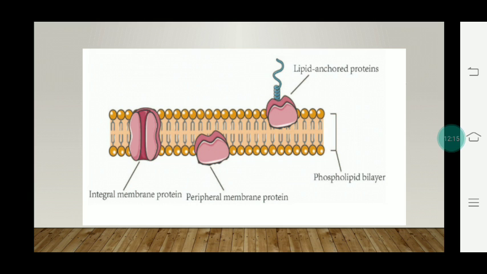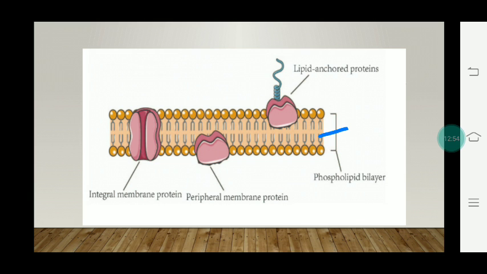So I hope you are all clear about the plasma membrane. Let's quickly rewind. The plasma membrane is made up of a lipid bilayer and some protein molecules. The plasma membrane has a hydrophilic head and hydrophobic tail made up of phospholipids, and some glycolipids and sterols are also present in the phospholipid bilayer.